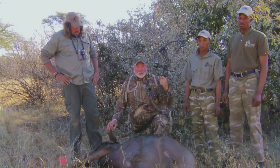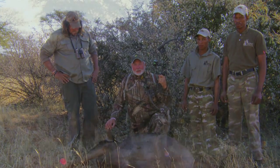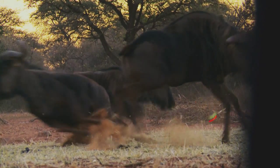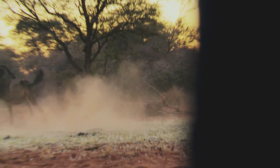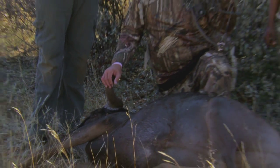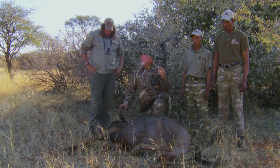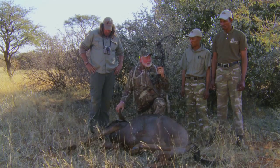Well, you know, one of the great things, again, about having great trackers back at the lodge this morning when we got up, we looked again at the footage, and it definitely had hit this front shoulder bone. That front leg was up, it hit that bone, went across, and we knew to leave it alone. But on the other side, we knew we had some Cape Buffaloes, or they knew they had some Cape Buffaloes, and tried to remind me we did not have a gun. So Aubrey got the trackers out